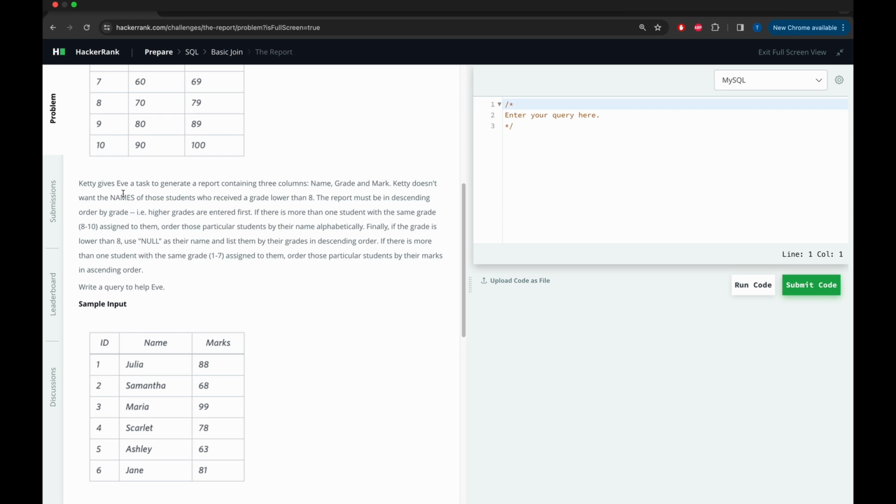Teddy gives Eve a task to generate a report containing three columns: name, grade, and mark. So our task is to generate a report that contains these three columns. Teddy doesn't want the names of those students who received a grade lower than 8. No lower than 8. The report must be in descending order by grade, meaning higher grades are listed first. If there is more than one student with the same grade from 8 to 10 assigned to them, order those particular students by their name alphabetically. Finally, if the grade is lower than 8, use null as their name and list them by their grades in